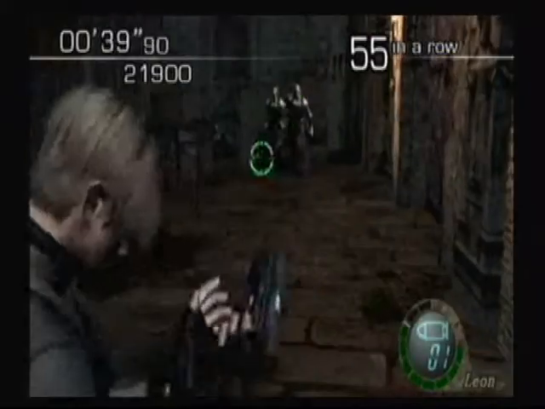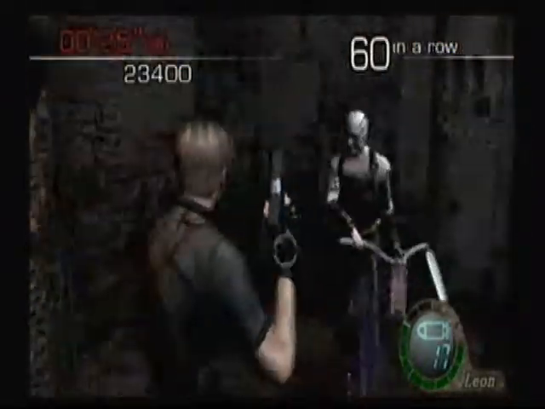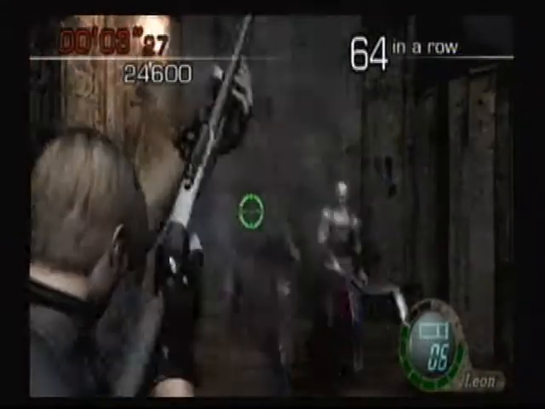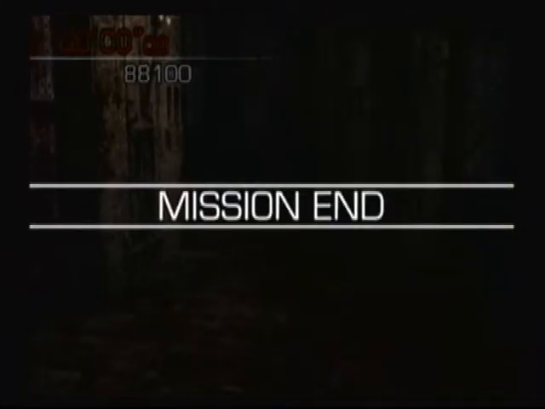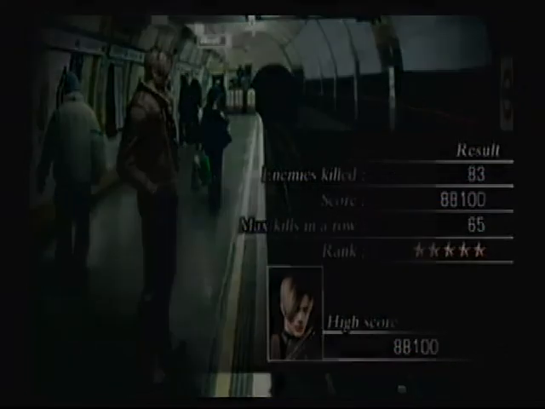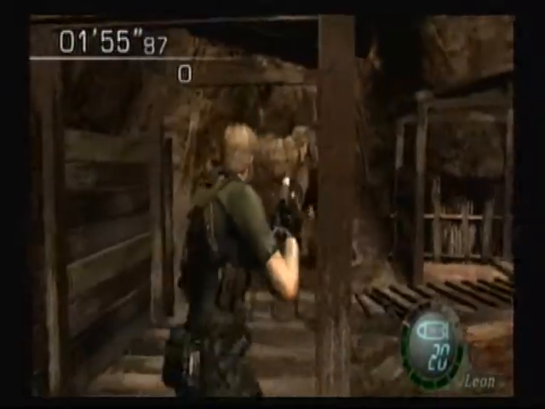And yeah, this is basically how you get 5 stars on the castle, as pretty much any character. Just stay up here, let the zealots come up to you, and knock them over for a 65-hit combo. Take a look at that score again. That was the combo bonus alone. I 5-starred, so 88,000 points on the castle, the highest score I have thus far,